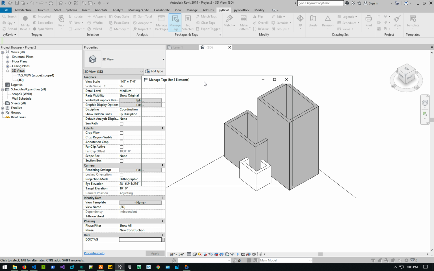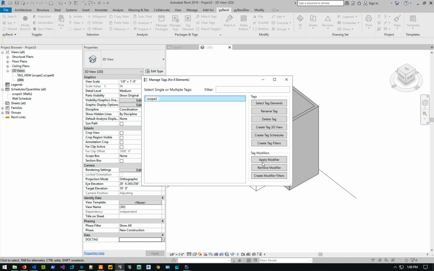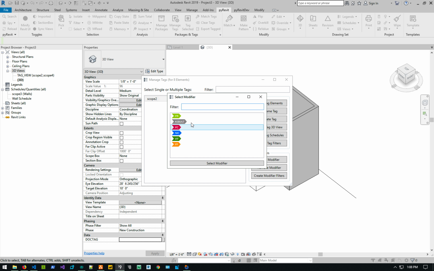Now, to support this system more, there are modifiers. So you can apply a modifier to a tag. You can apply issued for review, as built, issued for construction, not in contract, verify in field, and issued for fabrication right now. There are a couple of different modifiers. Let me know if you need anything urgently, and I can add it pretty easily to this list. But basically, this list in the future will be customizable, so you can add your own modifiers as well. The modifier will allow me to apply a modifier to that specific scope of work with that tag,